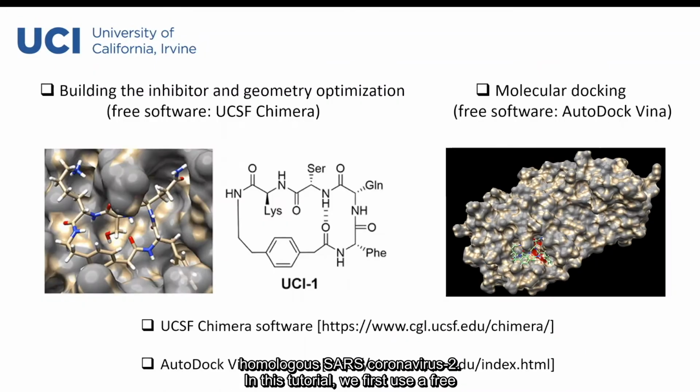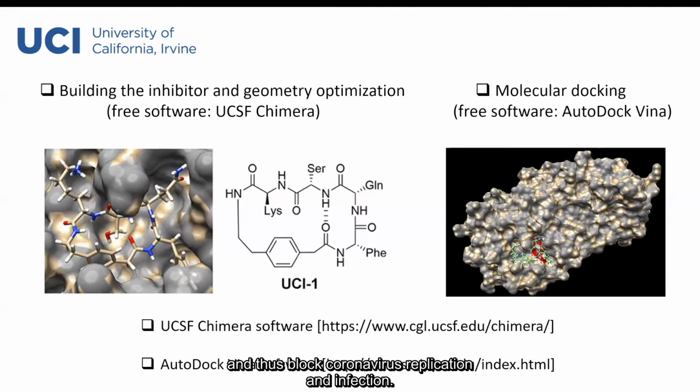In this tutorial, we first use a free software called UCSF Chimera to modify the structure of the linear substrate and cyclize it. By cyclizing the substrate, we aim to lock the peptide substrate into its bound conformation to the Mpro and increase its stability towards proteolysis. We expect the cyclic substrate will serve as an inhibitor to block the activity of the Mpro and thus block